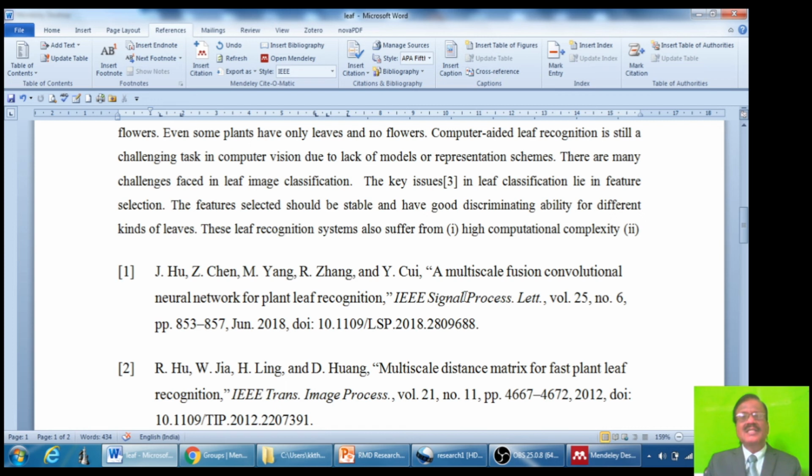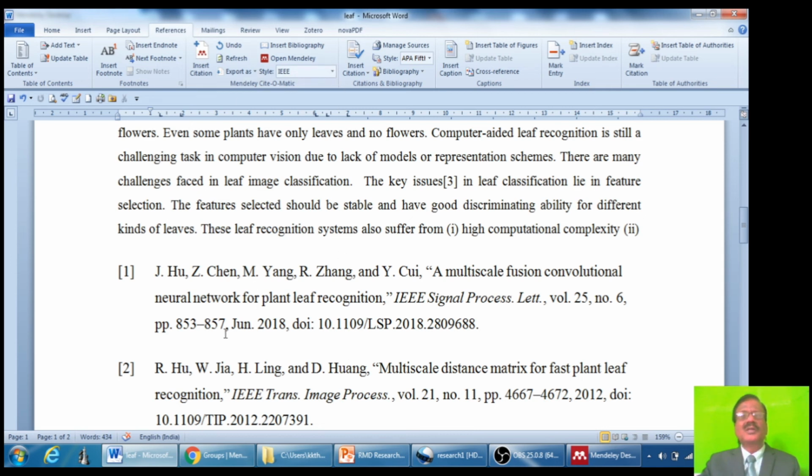In that case, you have to change the style because Springer will be following some style for references and citation, and Elsevier may be following something. So you have to change the style according to the journal requirement.